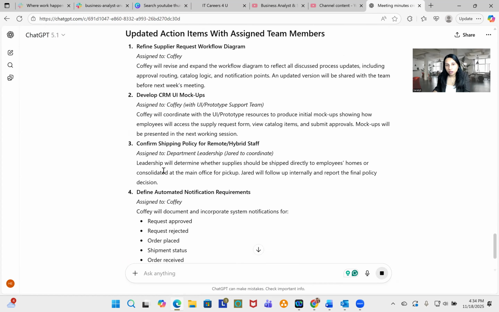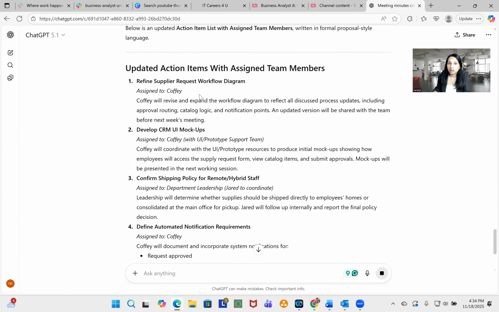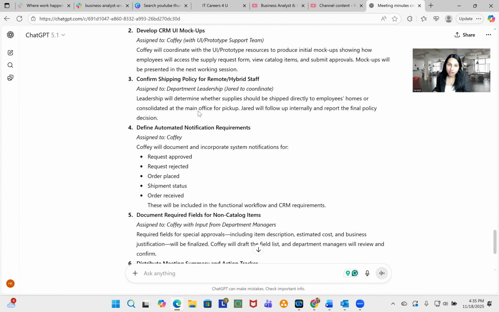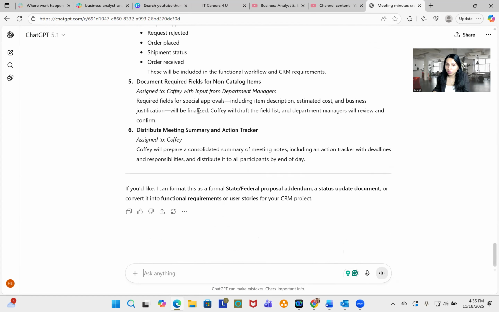Okay, so here what it now did is it went back and looked at who these action items were assigned to, which is so critical when you're sending out meeting minutes, especially if you have action items, you want to make sure that you're assigning users and an ETA to those action items so that everybody's clear on what is going to be done. And then also I'm going to say summarize